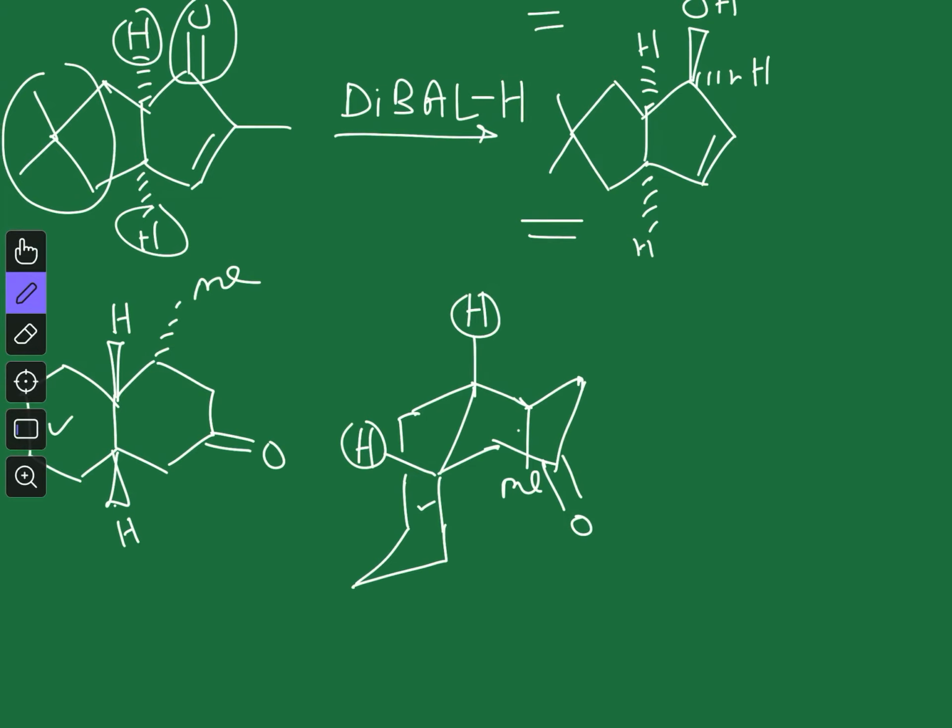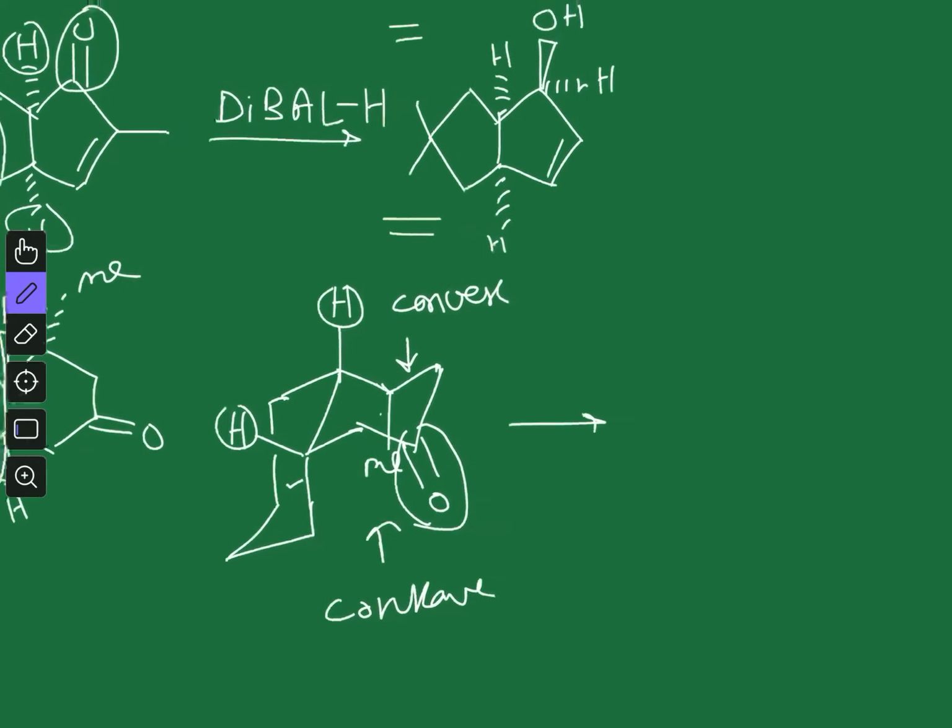Now this carbonyl again has two phases, one is the top phase, another one is the bottom phase. Now in this case the bottom phase is actually the concave phase, whereas the top phase is the convex phase, and that's why the attack will take place from the top phase. So if the attack takes place from the top phase, what product will you get? You will get a product like this. So here the OH will go below, the hydrogen will come equatorial, and here you have this another ring. So this is how the product will be, and the methyl is below.